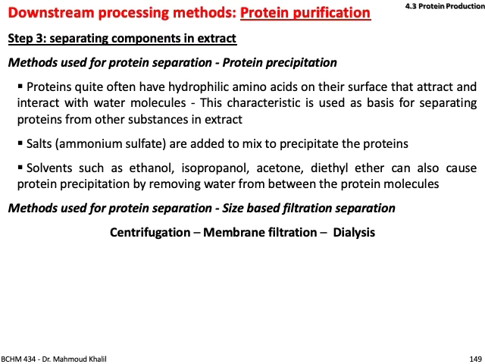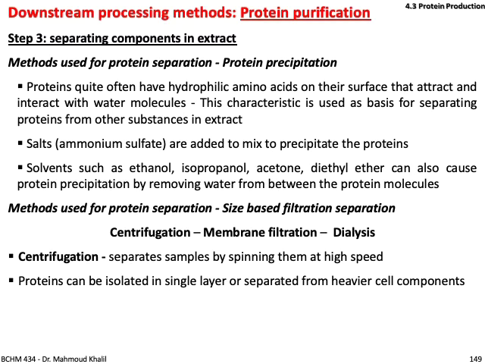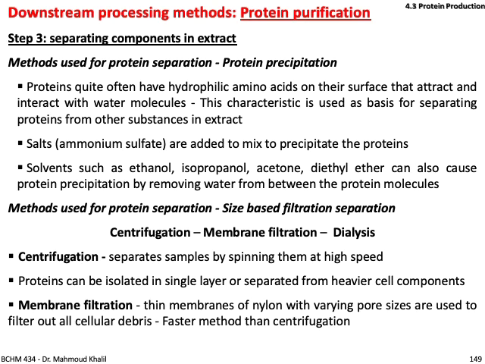Actually, you do centrifugation, that's another method second to protein precipitation. You do centrifugation, then you do membrane filtration, then you do dialysis. The centrifugation, of course, separates samples by spinning down at high speed. The protein can be isolated in a single layer or separated from the heavier cell components. After that, in membrane filtration, a thin membrane of nylon with varying pore sizes is used to filter out all the cellular debris. It's a faster method than